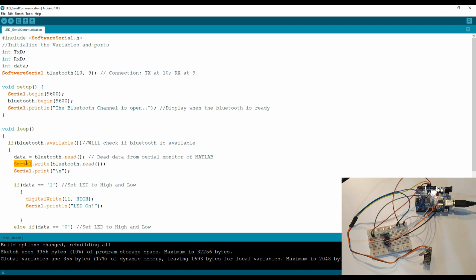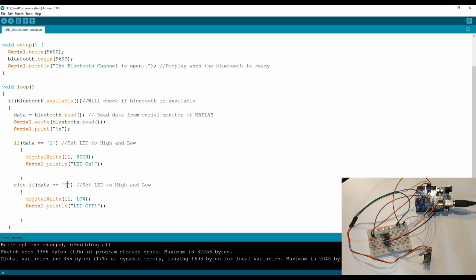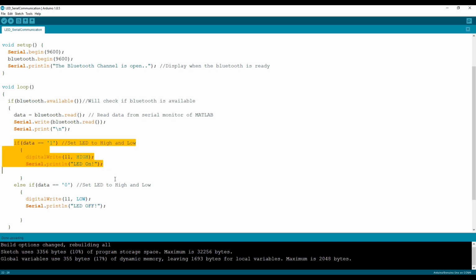The main thing which we want to do is, in the if loop, we are going to write data equals 1. So if the data we sent on the serial monitor is 1, the LED should turn high, or turn on, and if the data is 0, it should turn low or turn off. That's what is written in the if and else if cases. That's pretty much simple. If you have any queries till now, or if you don't understand this Arduino code, you can just drop your comments below and let me know if there's anything I can do for you.